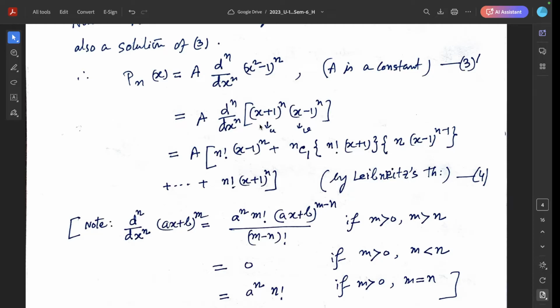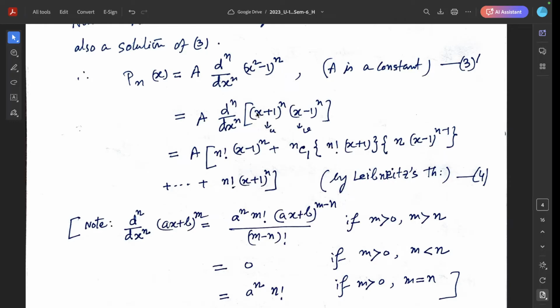if we take the nth derivative of (x plus 1) to the power n, here a is 1 and b is also 1. So it is 1 to the power n times n factorial. So the nth derivative for the term (x plus 1) to the power n is n factorial by this formula. And this into v, which is (x minus 1), plus nC1, and this